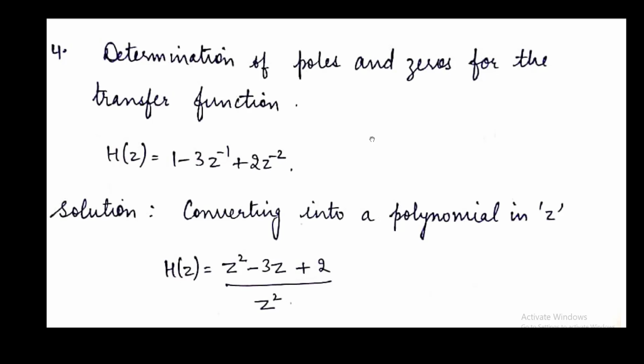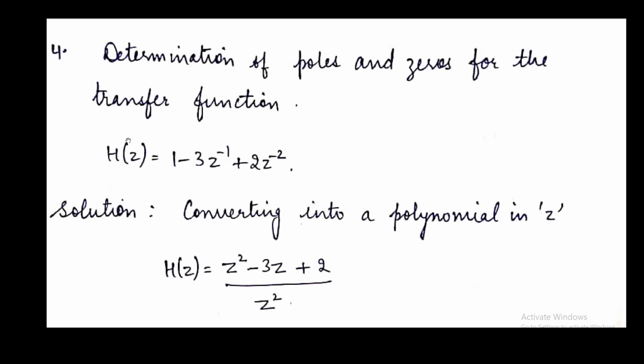So this lecture is in continuation to the previous lectures on Z transform, then implementation of filter in Z domain, and also it is related to comb filter implementation. In this we will learn one concept of pole-zero determination if we are given a transfer function, and we will also see how we can represent a non-causal filter in a causal representation, or convert it into a causal filter. So for that, take an example.